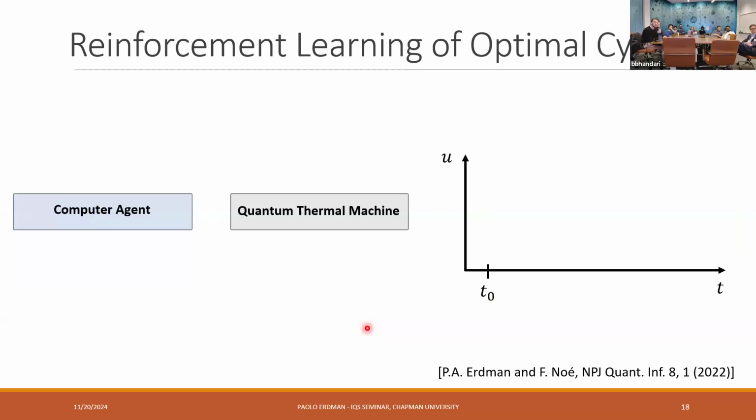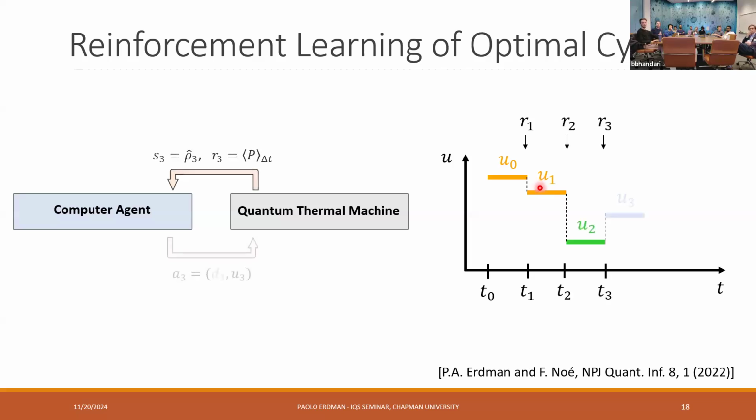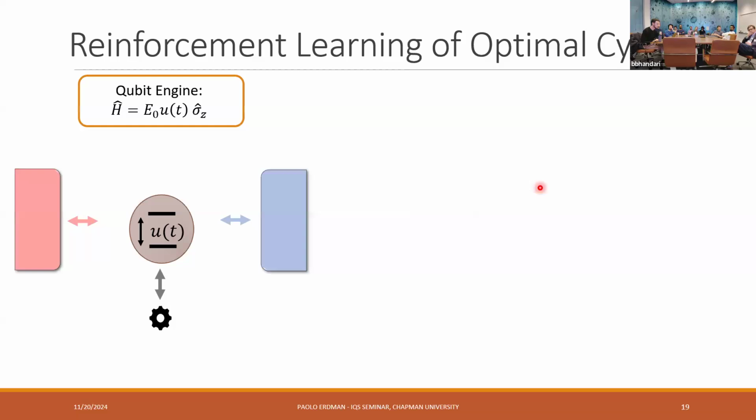Okay, so if we want to visualize how this works, we start from some state, let's say rho_0, and the computer agent chooses an action, for example, this value of u, keeps it constant for some time dt, and this color orange would be that discrete choice of coupling, let's say, to the hot bath. Then we evolve the state for time dt, compute the new density matrix, and get the power that was delivered in that short time. Based on this, the computer chooses, for example, to change the value of u to u_1, but let's keep it orange, which means still coupled to the hot bath. We get some feedback and so on and so forth. So in the end, we end up constructing this piecewise constant protocol.